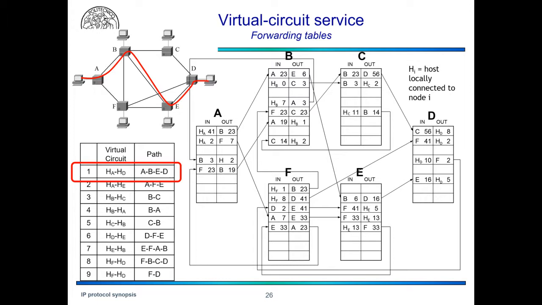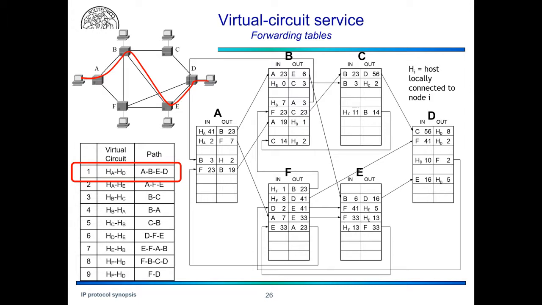It means that once a packet is identified by the virtual circuit that is written in the header when the packet is coming to the node, then it is routed on the proper output interface, and the node, before retransmitting the packet, rewrites the field in the header that contains the virtual circuit, writing a new value. The new value will be recognized by the next node, that will do the same